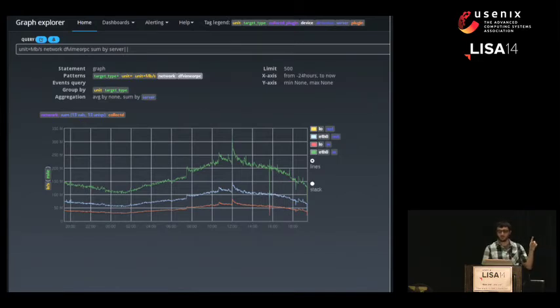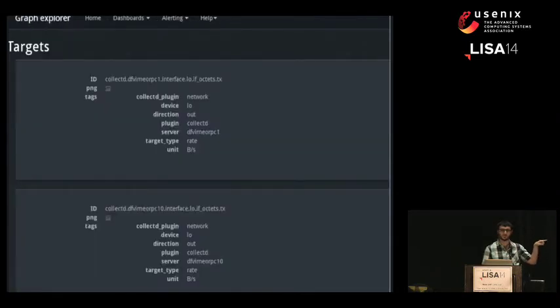But in the dashboard, if you click on the legend, you can actually see which metrics contribute to what is being rendered. And in this case, if you look closely, you would see that unit is in bytes per second, even though we queried for megabits a second. And Graph Explorer knows that the 2 are compatible, and it knows how to convert between them, so it can still satisfy our information need and display it in megabits a second, even though the original metric is in bytes per second.